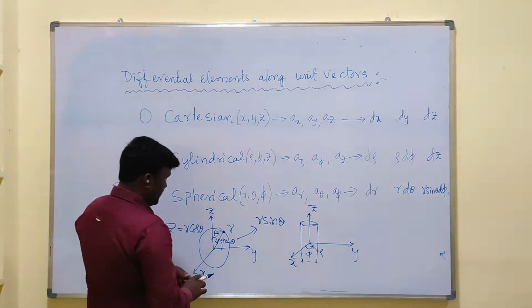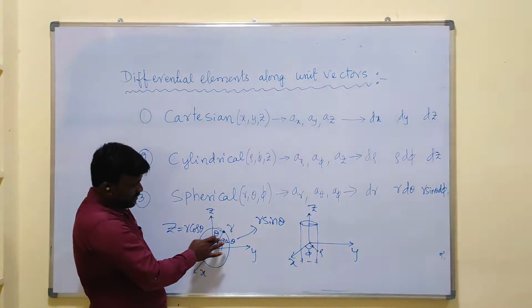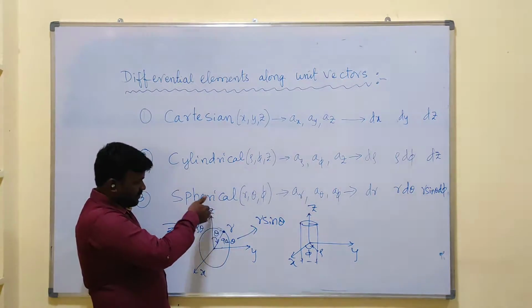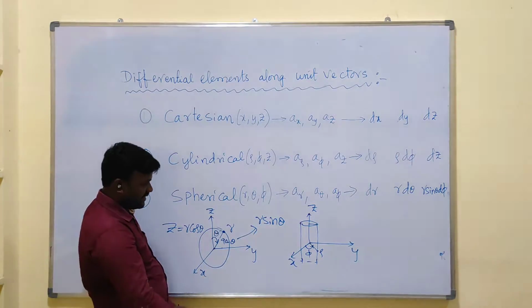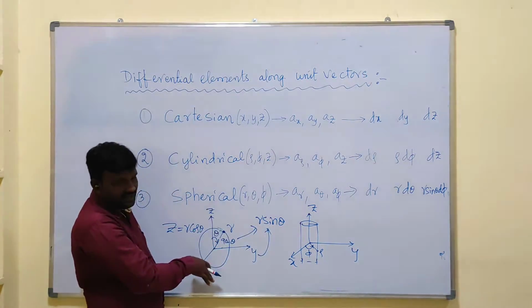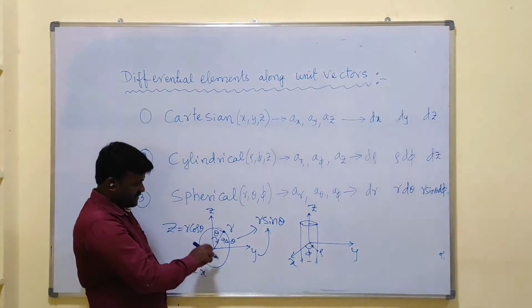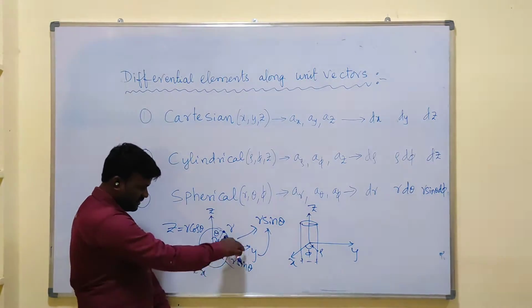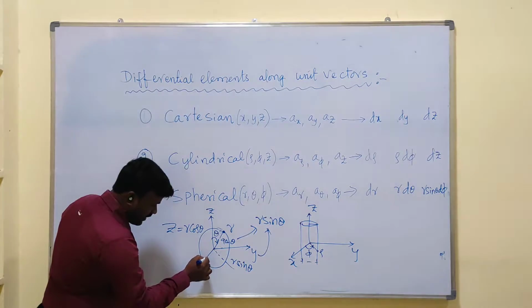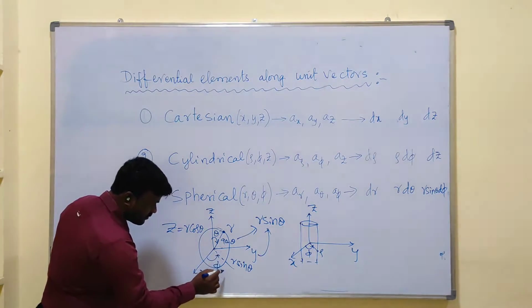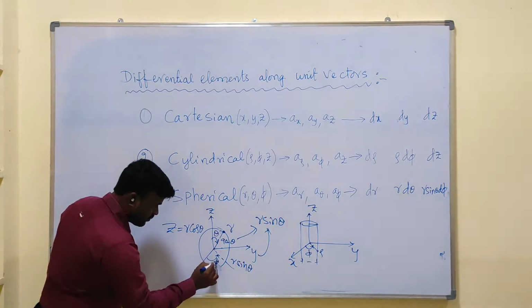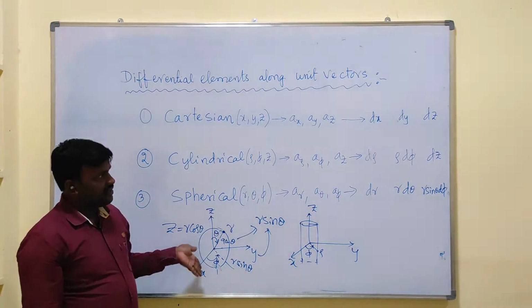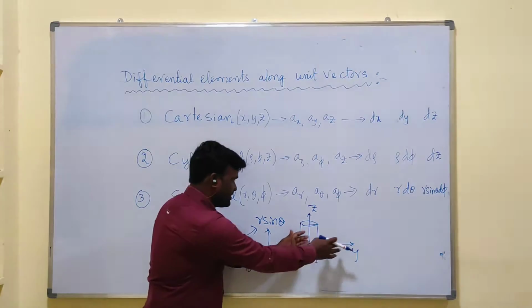This r sin theta, if you observe clearly, this one is perfectly projected on z axis, that's why z equal to r cos theta. Here it looks like it is projected on y axis, but it is not. Basically it is projected in the xy plane. Let us take this as your r sin theta. It is projected in the xy plane. It is making an angle with the x axis. That angle is phi. So this is all about the components in cylindrical and spherical. Of course, the Cartesian x, y, these are the axes.